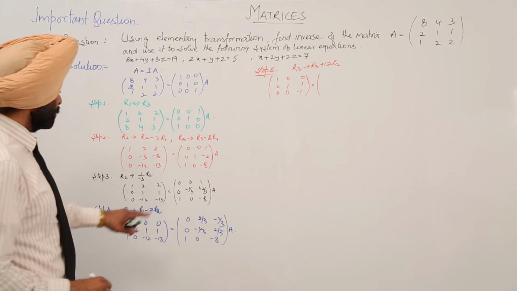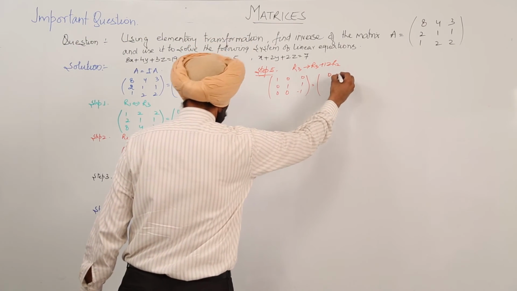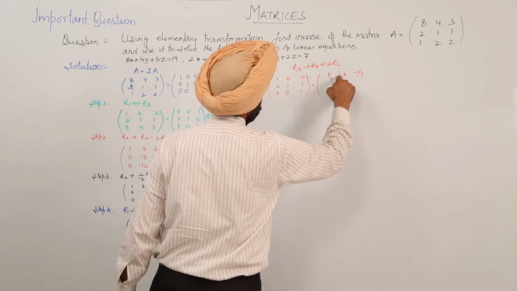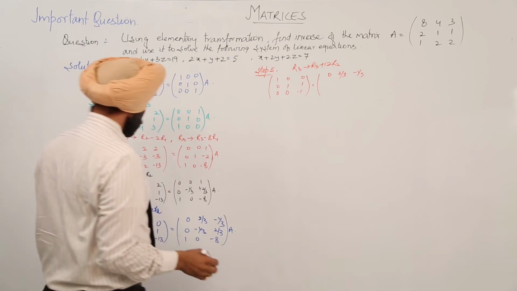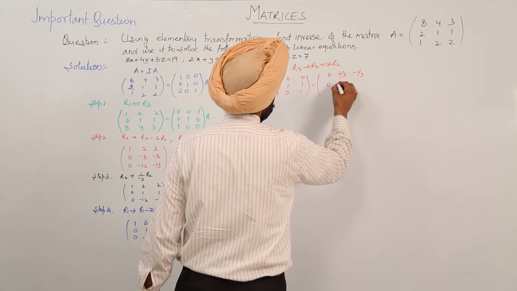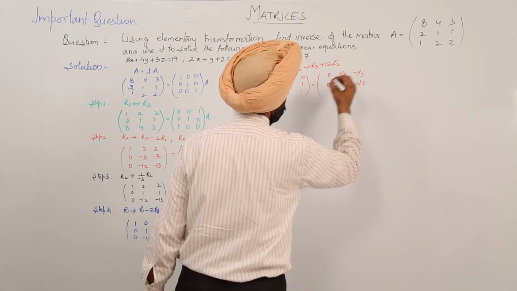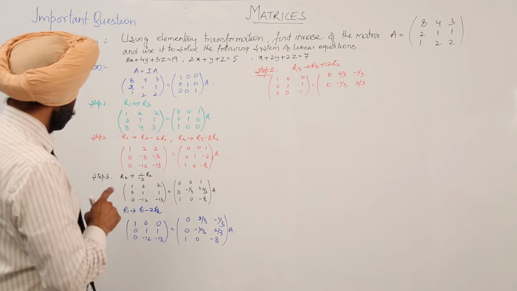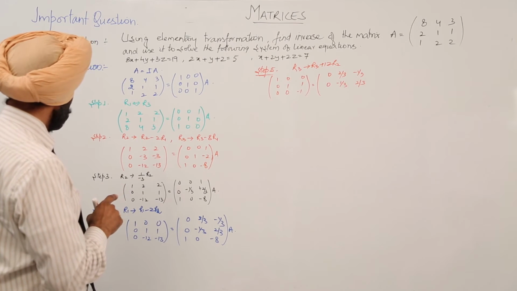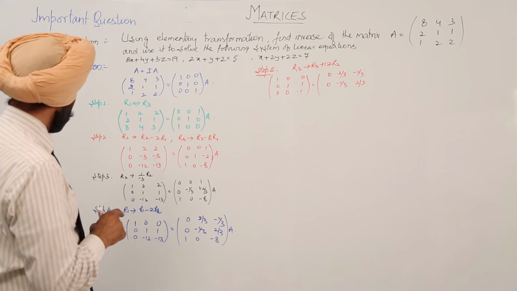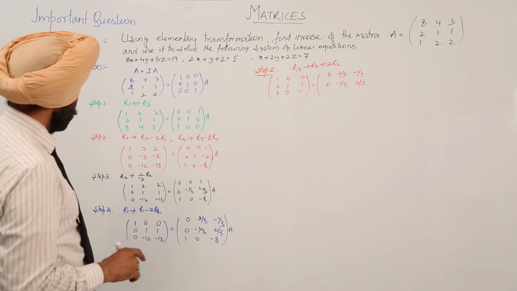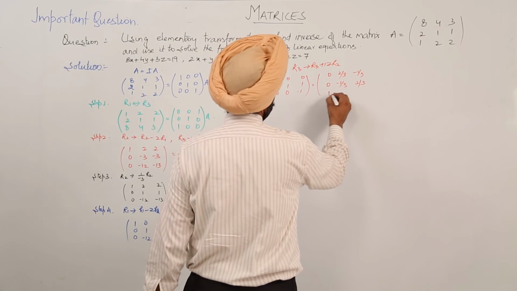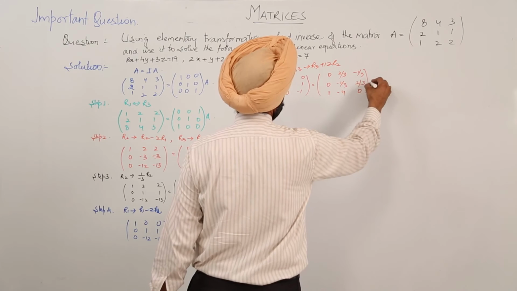Okay, that side first two steps as it is: 0, 2 by 3, minus 1 by 3; 0, minus 1 by 3, 2 by 3; and then 0, minus 1 by 3, 2 by 3. And the last will be, okay, now 1, 0 and minus 8, so this will become 1, minus 4 and 0.